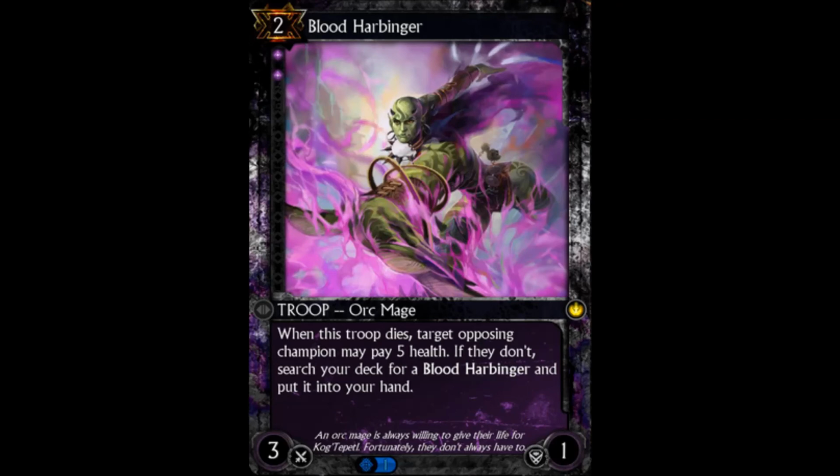He's a 1/3, but his ability is when this troop dies, target opposing champion may pay 5 health. If they don't, search your deck for a Blood Harbinger and put it into your hand. Now, to be honest with you, I don't see a lot of players paying the 5 health. So it's actually going to allow you to search for another Blood Harbinger and put him into play and continue